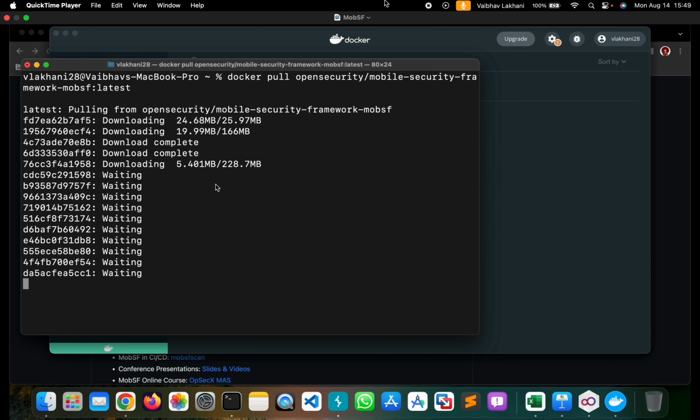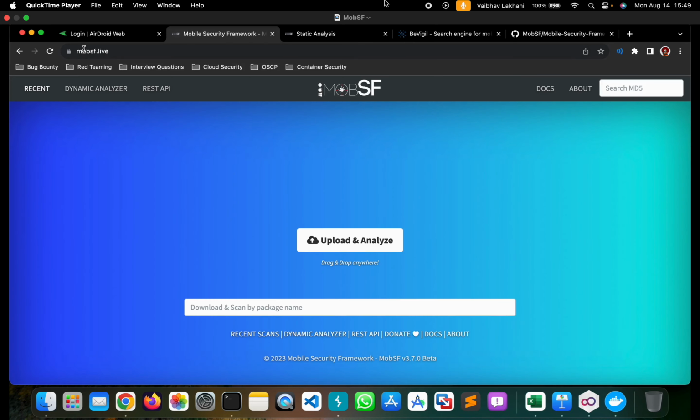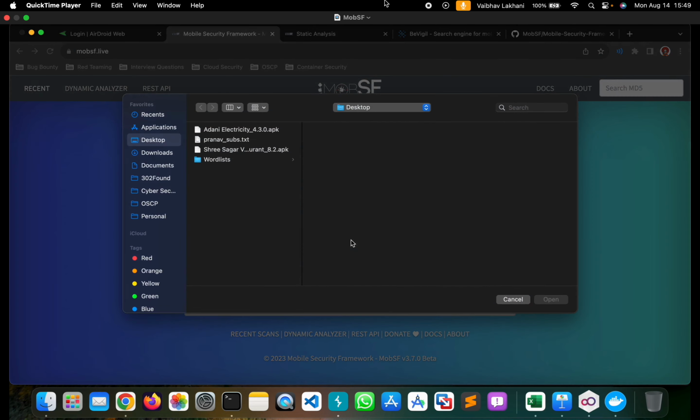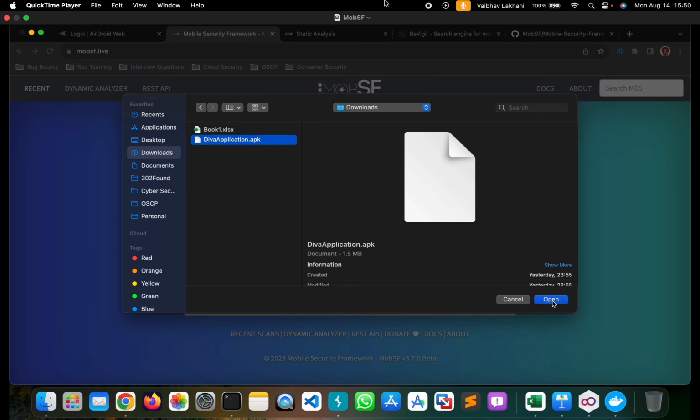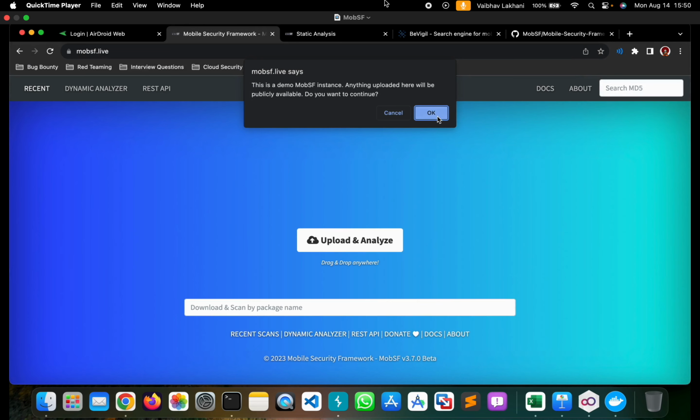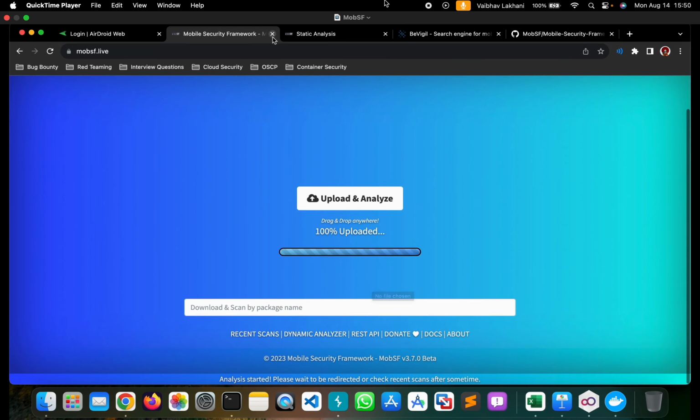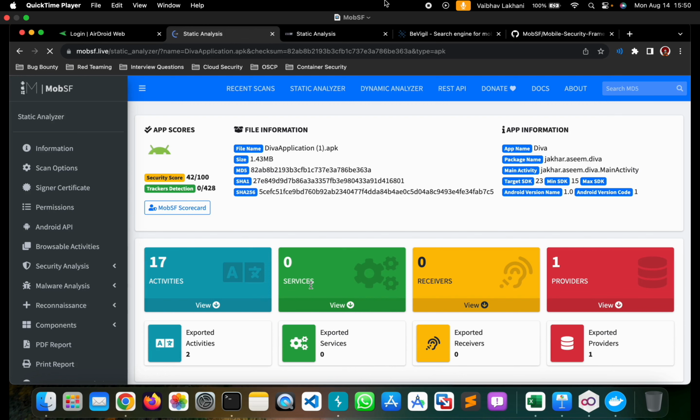for further analysis. For us, what we are going to do is visit mobsf.live and upload our demo application, that is, in our case, diva application.apk. Once uploaded, MobSF will take some time, and it's going to give you all the static analysis information related to this. So it's going to give you the file name, the file size, the security score, the trackers detection score, application name, package name, which in our case is jakar.asim.diva, main activity, target SDK version, minimum SDK version, and